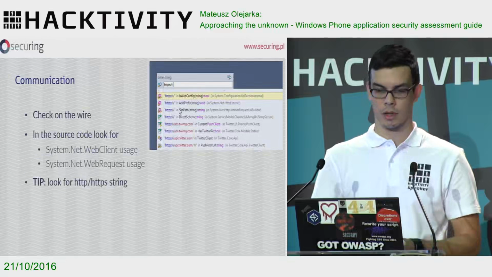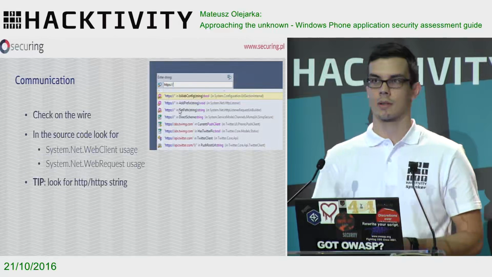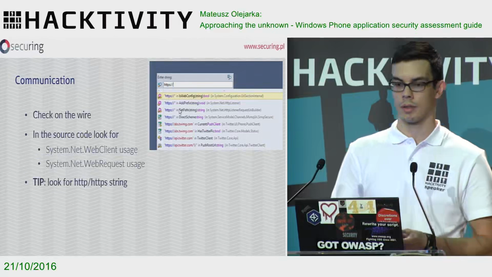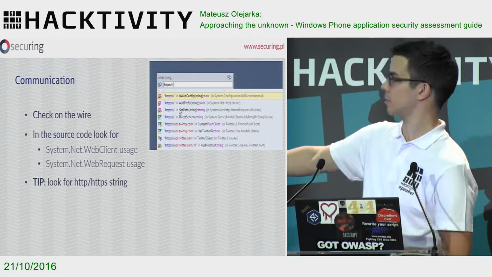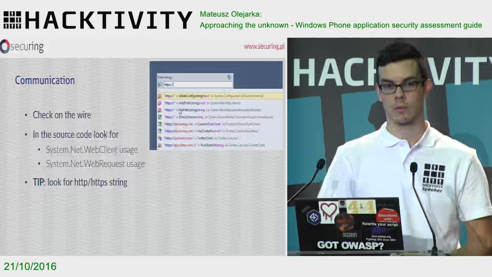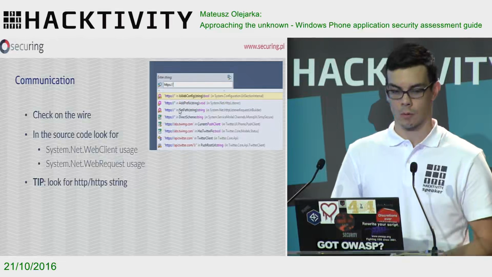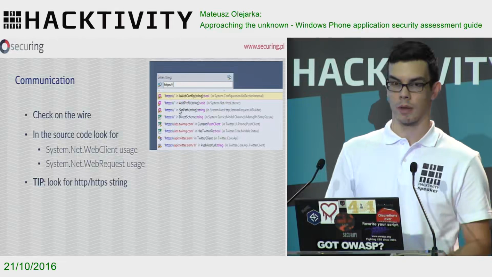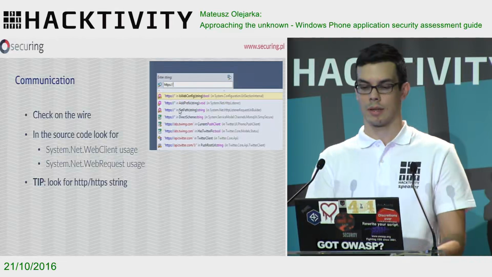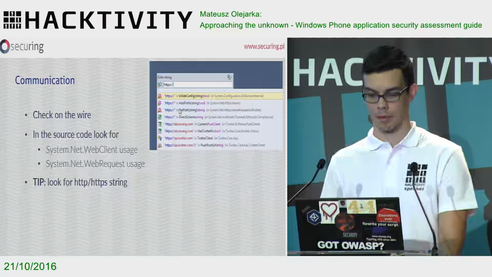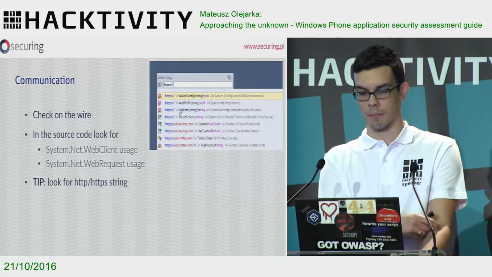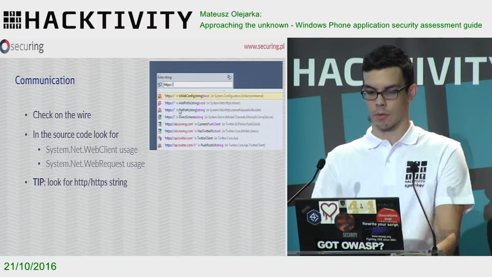In case of communication, we always choose the easiest way. Sometimes it's just checking on the wire what's coming in and going out. Sometimes, when we have certificate pinning or some encryption inside SSL sent by the application to the server, we have to do some code analysis.